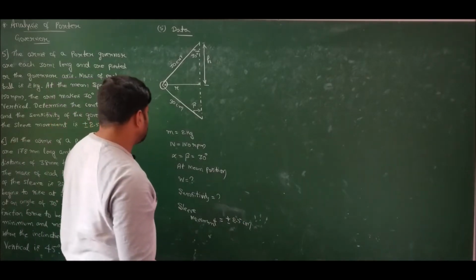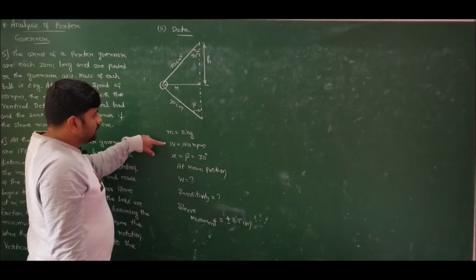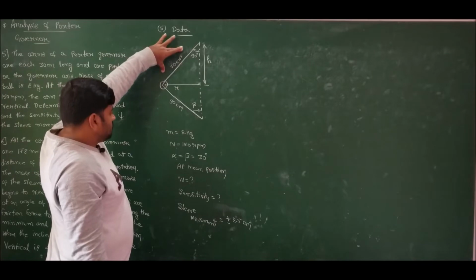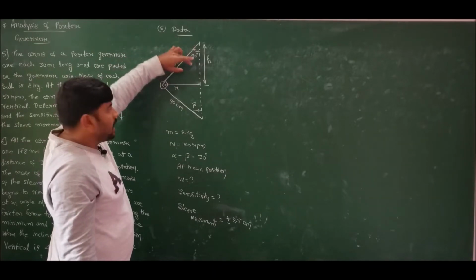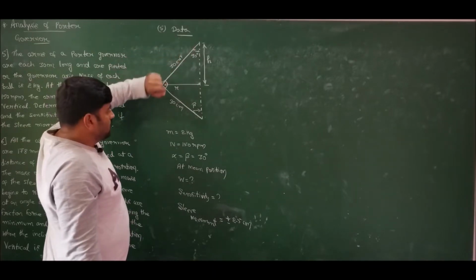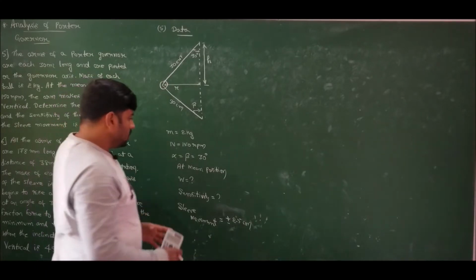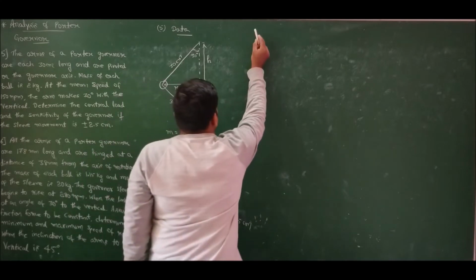Let us solve this problem. We know the mean speed, we know what is the angle, and we know arm length. So therefore I can determine what is the mean height and mean radius, using which I can find what is the value of W. Correct? That is, if I move for solution,